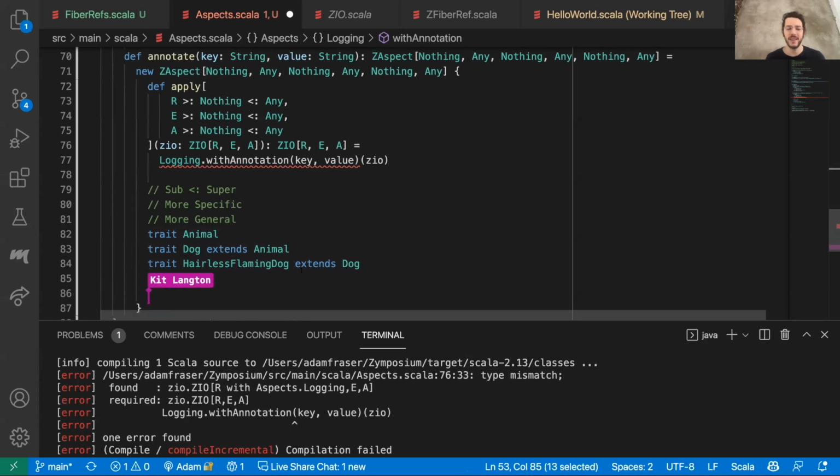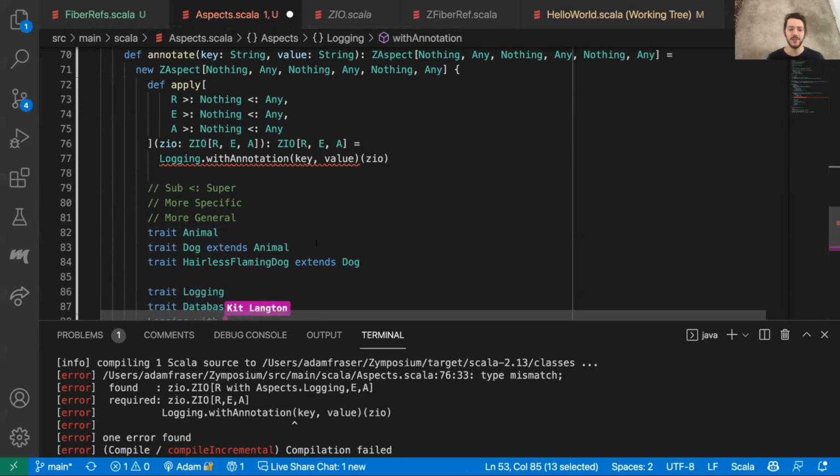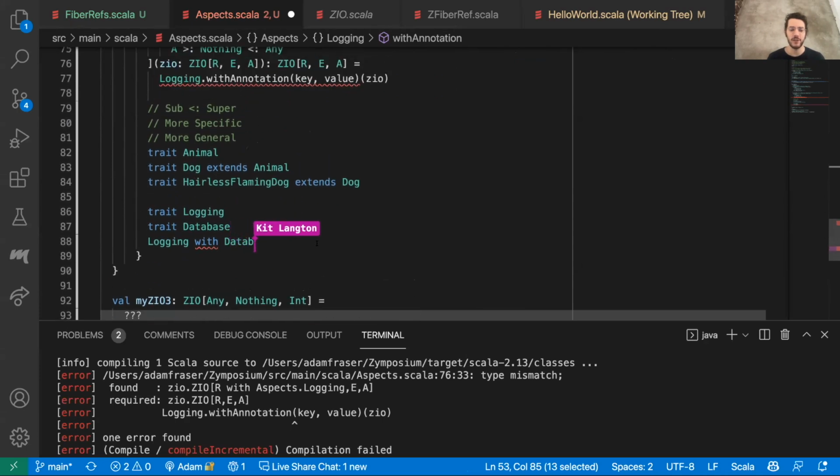So the question might be, it can get a little confusing if we have these things like Logging and Database. Logging with Database, it might be confusing how this relates to, let's say, Any. What's the relation? What goes here, or what's its relationship to Logging? It can be difficult if you just think higher or lower, like which one's a supertype? But that's why this more specific, more general approach can be a nicer way of